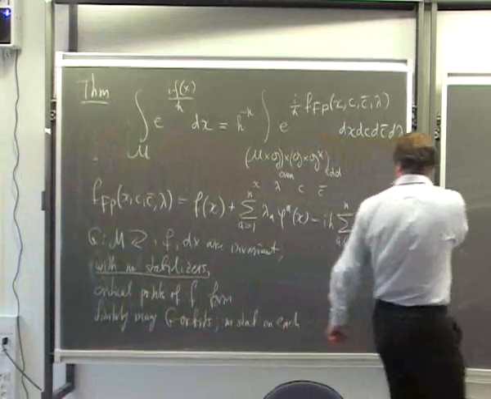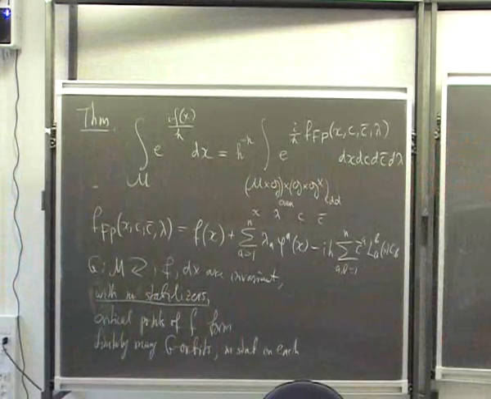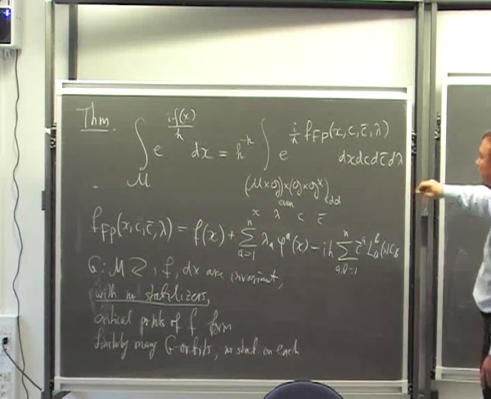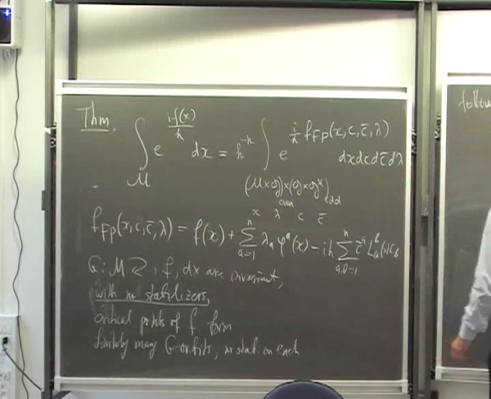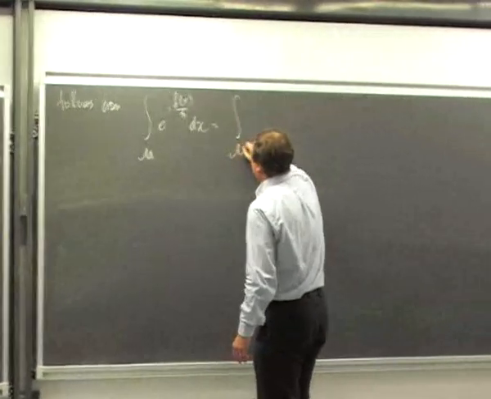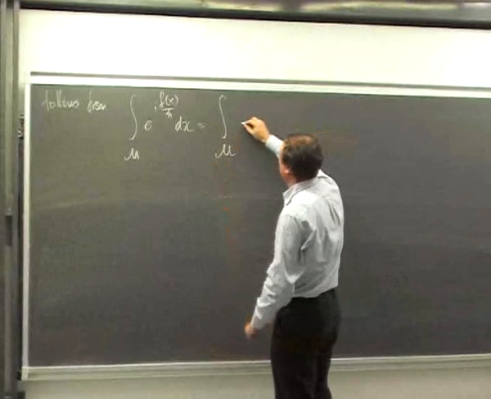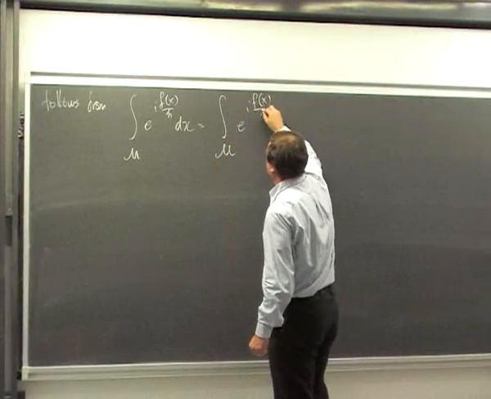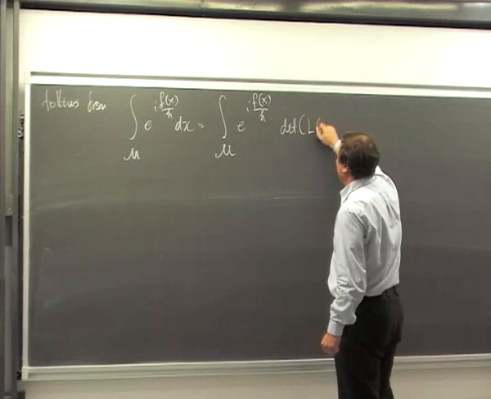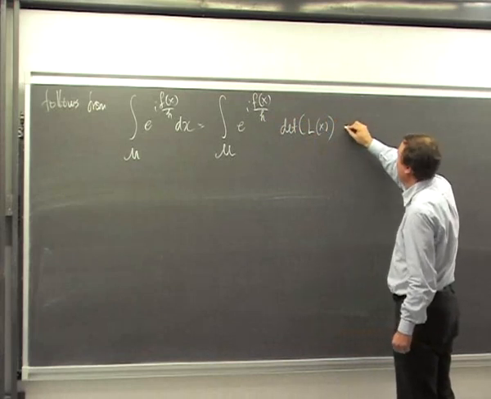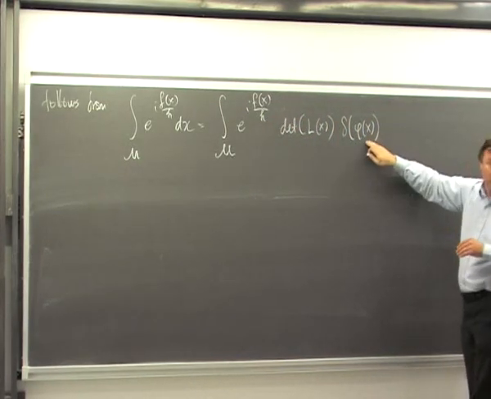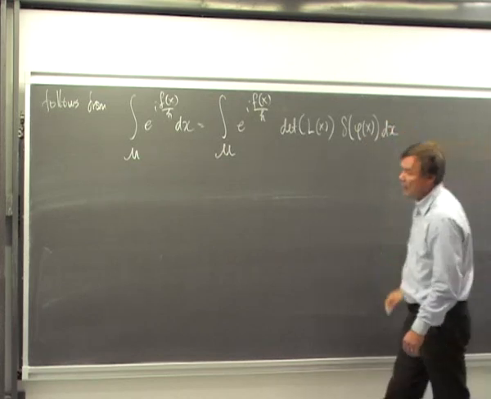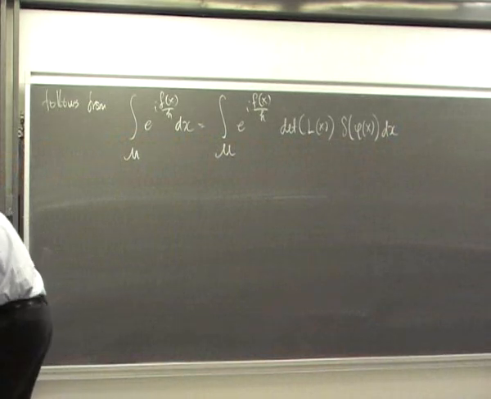Okay, and basically I proved that this formula follows from the identity where you can write this integral as the integral of e to the i f of x, the determinant of the matrix L, and the delta function supported at the level zero set of functions phi, dx. And I didn't remind what L a b is, so